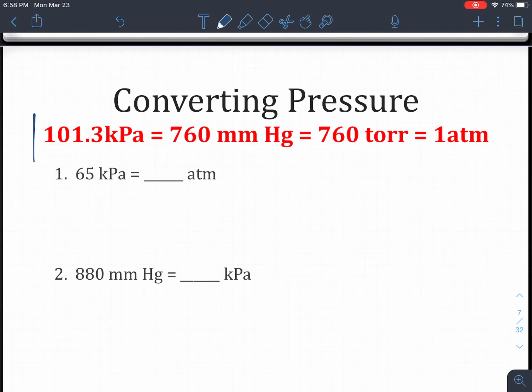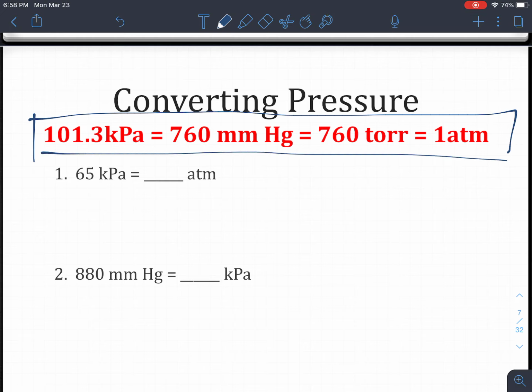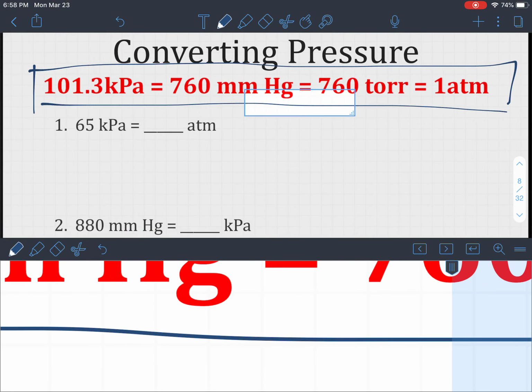As a reminder, we have this big long line of equivalence ratios, and we see that 101.3 kPa is equal to 760 millimeters of mercury. 1 atmosphere over here on the right is equal to 760 torr, or 1 atmosphere can also be equal to 101.3 kPa, and 101.3 kPa can be equal to 760 torr. So all of these things are equivalent to one another, and we can use these in conversion factors to convert